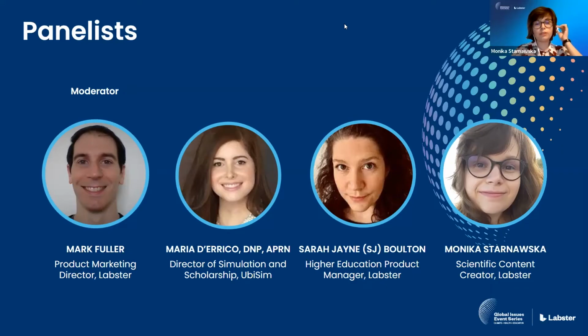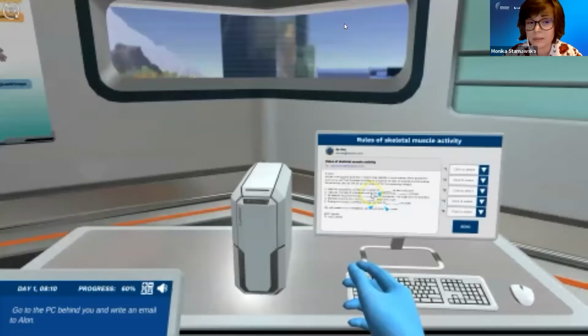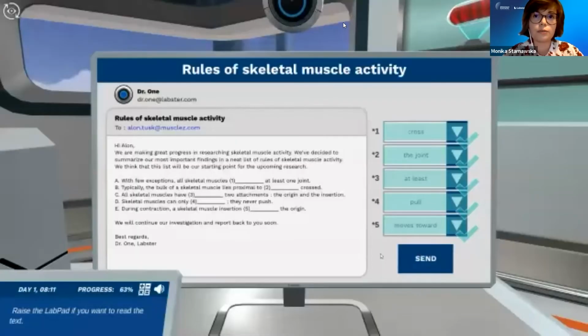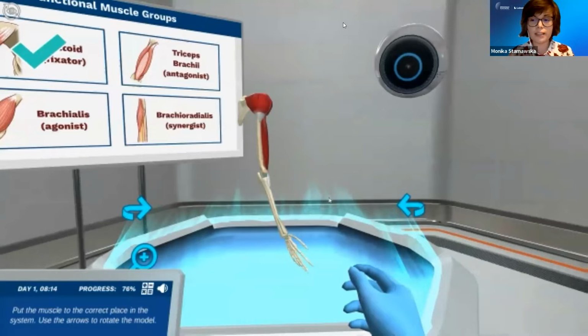Yes, so one of the recent simulations that actually applies what I just talked about is about the skeletal muscle system. So instead of just giving a 3D model of the muscles and just throwing the names and functions, we try to create